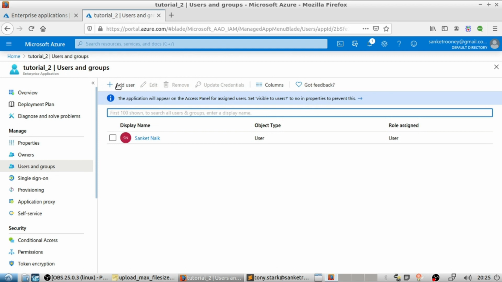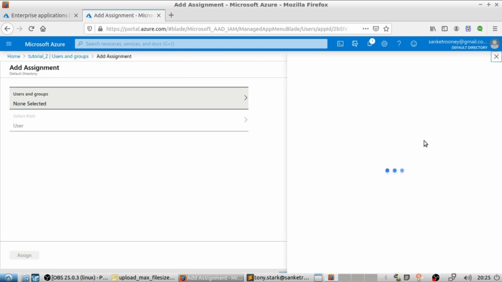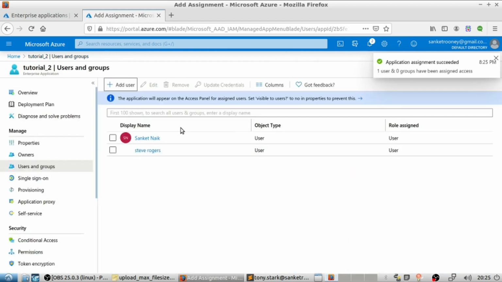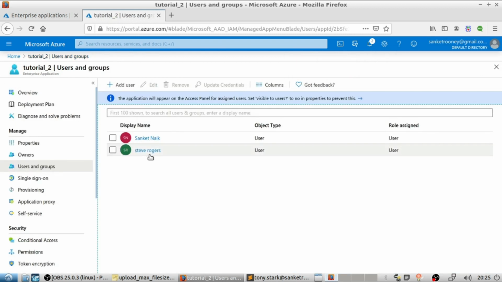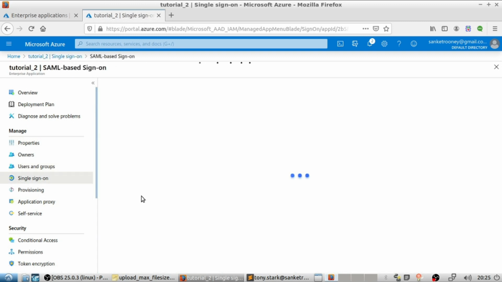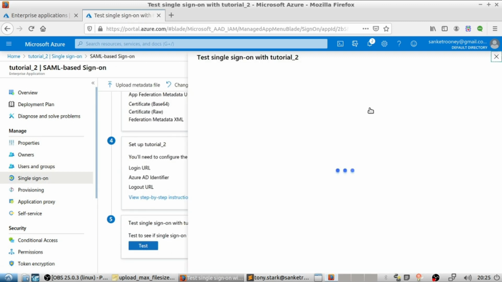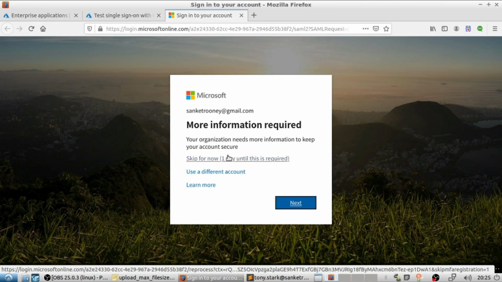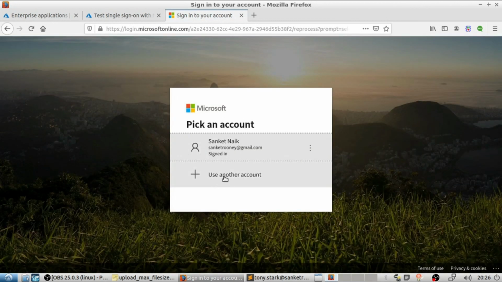Now I shall give access to the Steve Rogers sub-user and let's see if he gets access or not. Click on sign in as someone else. First I shall try Tony Stark who doesn't have any access.